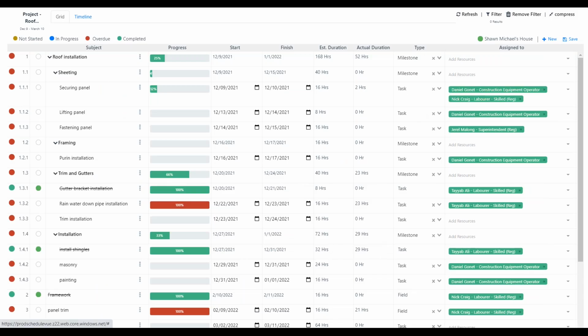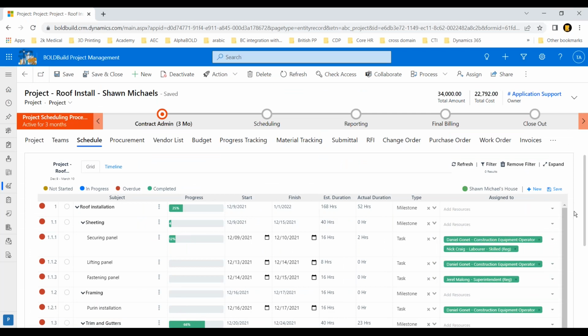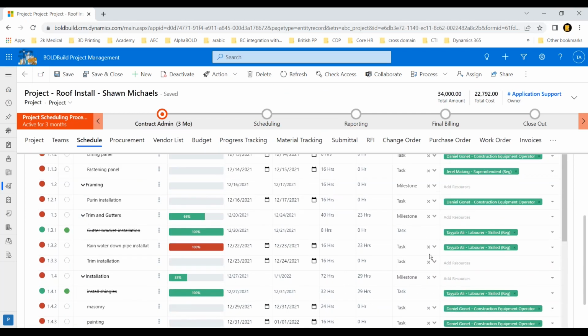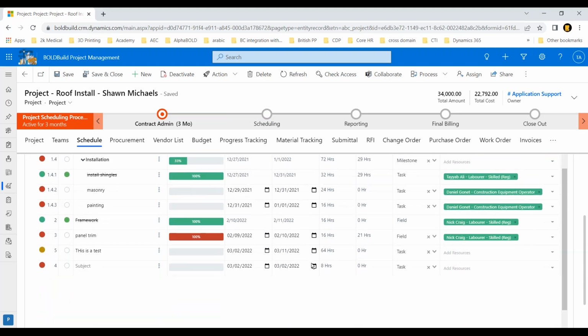So I'm going to now minimize this project plan. So I showed you how I assigned a task with a very easy to use project scheduler. They have a very nice and easy app to use. We have put in so much effort in just the user experience. There's so many different apps, but it's so difficult to just add in their time. But you see a nice little task that has been assigned to you. You put in your time and you can mark the service as completed, or you can say I'm done with the whole task, and it reflects everything in real time in here. Any questions for me, Nick?